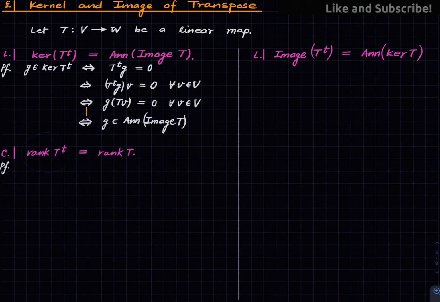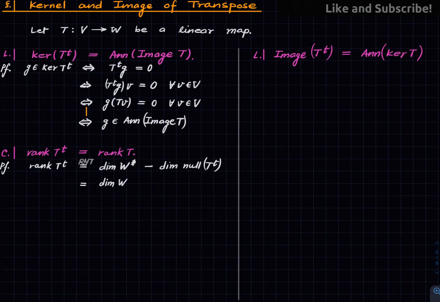we see that the rank of the transpose is same as the rank of the original map. Why is this? We just use the rank nullity theorem. We have rank of transpose of T is the dimension of the domain of T transpose, which is W star, minus the nullity of the transpose of T. So what we have done is we have used the rank nullity theorem on T transpose. Okay. But now by the previous proposition, this is equal to